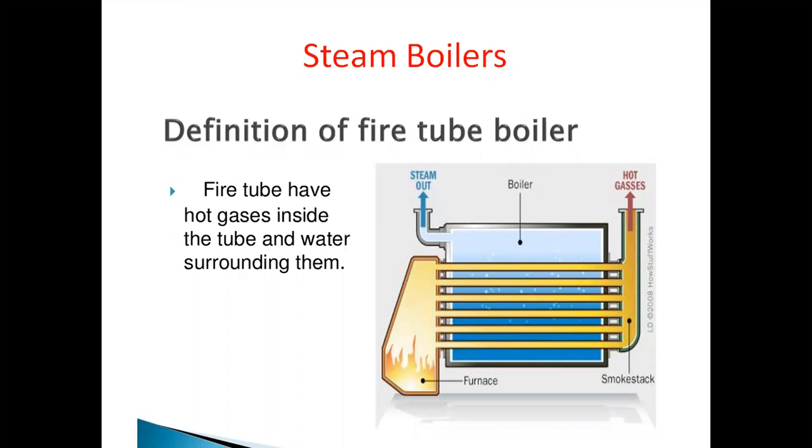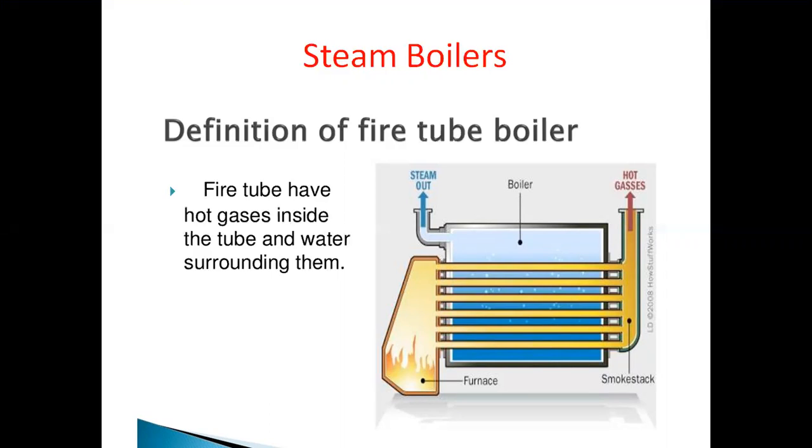So a steam boiler is a closed vessel consisting of water. With this water we form steam by utilizing the heat from the combustion of fuel in the furnace. While the fuel combusts, it releases heat. This heat is used to heat the water in a closed vessel so that the water converts into steam. Steam is nothing but the vaporized form of water.